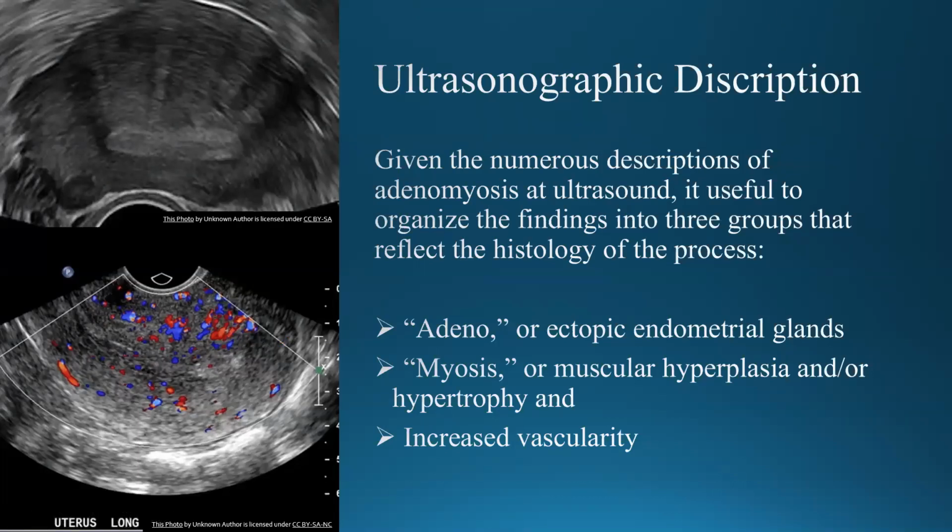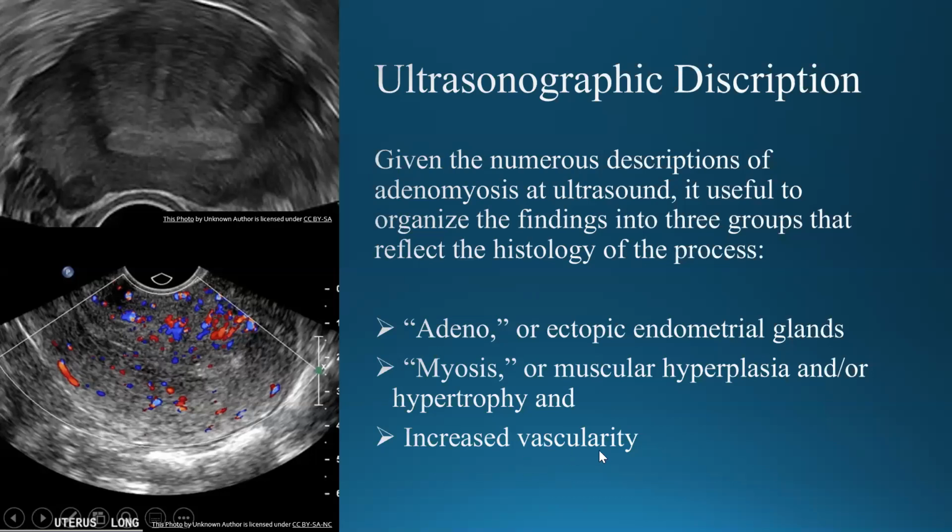Given the numerous descriptions of adenomyosis on ultrasound, it's useful to organize the findings into 3 groups. If you want to remember one slide, remember this. Adenomyosis: adeno means ectopic endometrial glands. So what you are going to search for is ectopic endometrial glands outside their normal position, so outside the endometrium, in the myometrium. And myosis means muscular hyperplasia and/or hypertrophy, an increase in the number and an increase in the cell volume, and